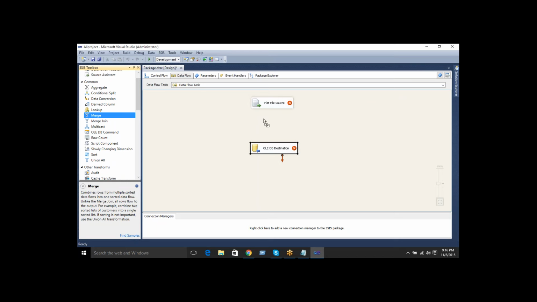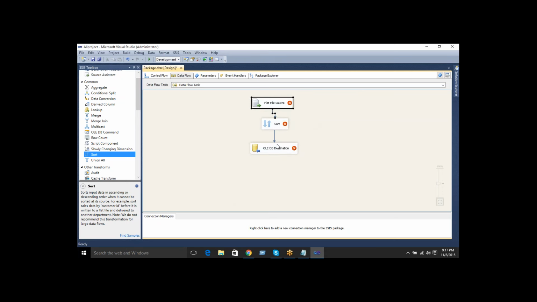For example, I use a sort transformation and connect it, we'll discuss it later. This is called a diagrammatical representation of your data flow.